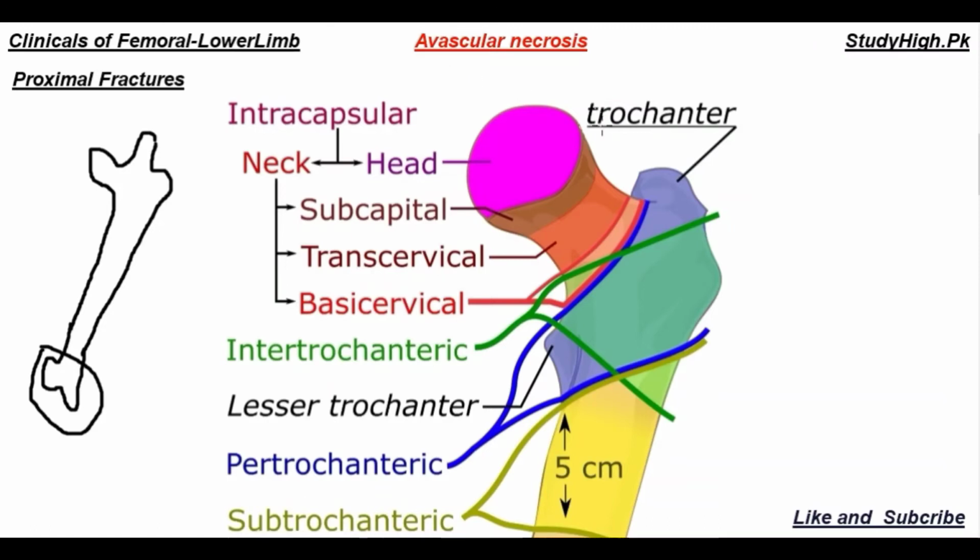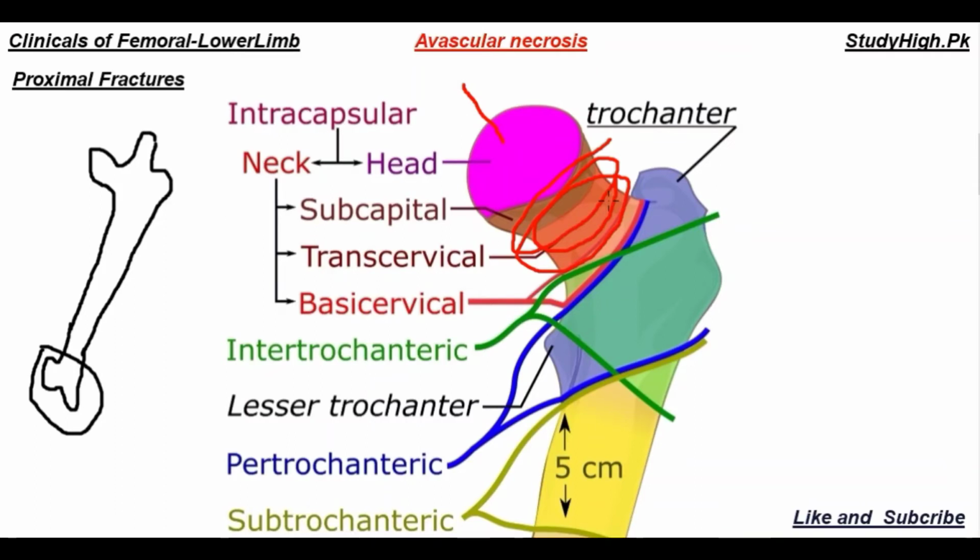Now I am going to explain what avascular necrosis is and what the consequences of this necrosis are. As I have explained, the head of the femur is supplied by a branch of the obturator artery along with the ligamentum teres that is involved in supporting the hip joint, and by arteries from different branches of the medial circumflex artery around this hip joint. When the fracture occurs in the femoral head and neck, these arteries are also injured. There is hemorrhage of these arteries that provide blood supply to the femoral head and neck.